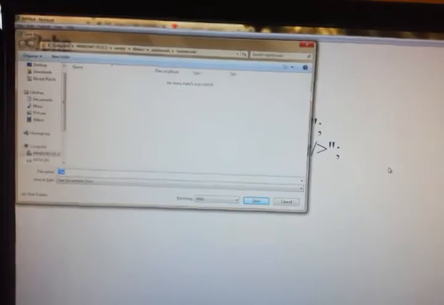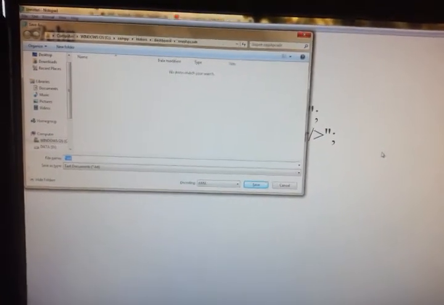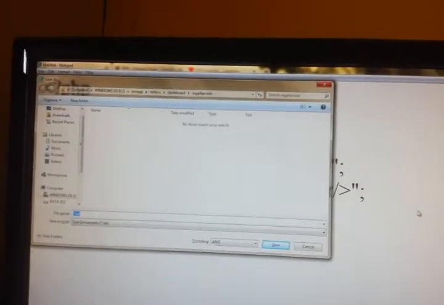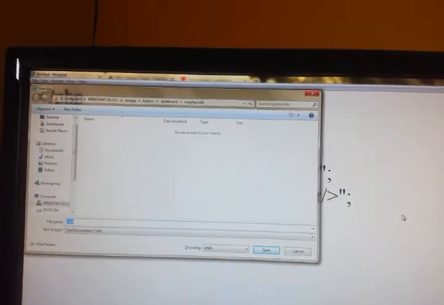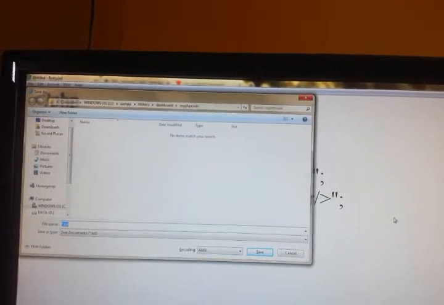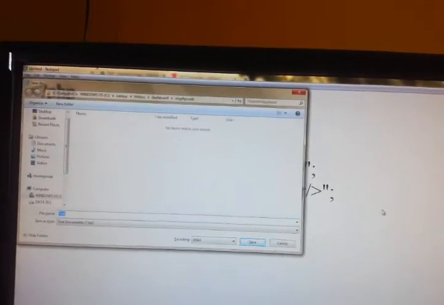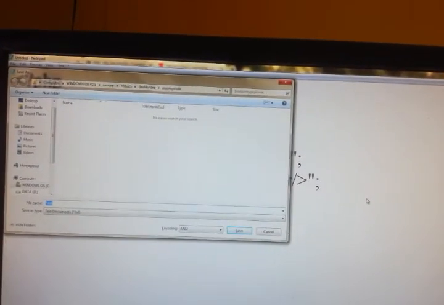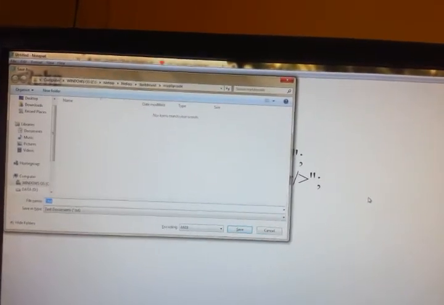Then I will save. Again, where to save: I am using XAMPP server here. So in C drive a XAMPP folder will be created. You have to open that. In that you will see multiple folders. You will have to select htdocs. So open htdocs. There you will see few folders. In that select dashboard folder.